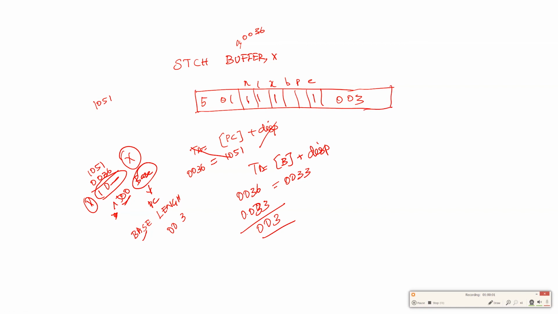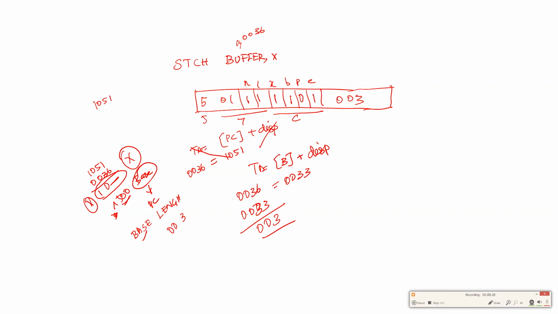Program counter relative failed, so we went for base relative. Now we will write the formula. 5 and 4 to 1, 7.